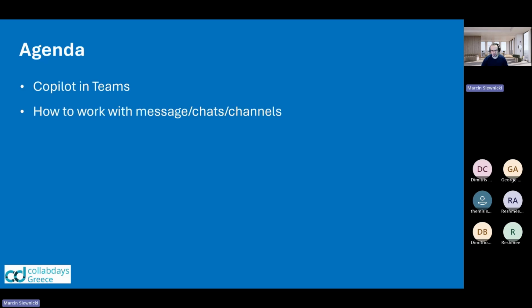So, without further ado, let's go to the agenda. First, I will talk a little about Copilot itself in Teams, because it's quite interesting what you can find, what you can do using Copilot directly in Teams. Then, I will switch to features available in